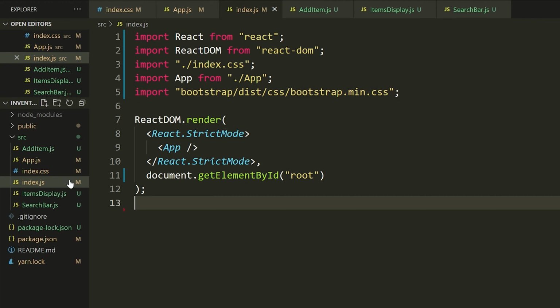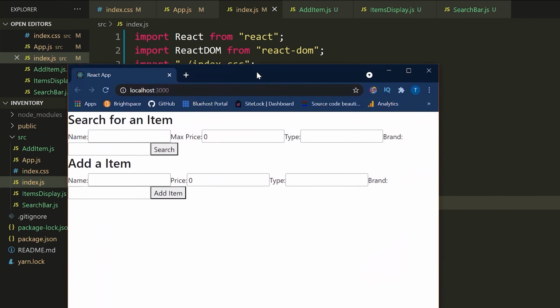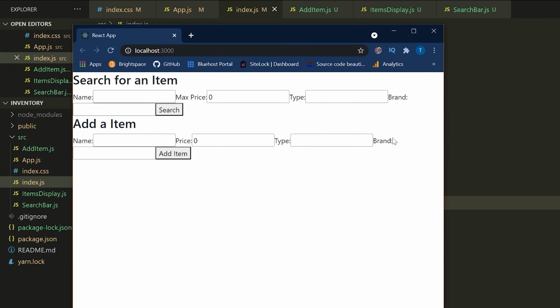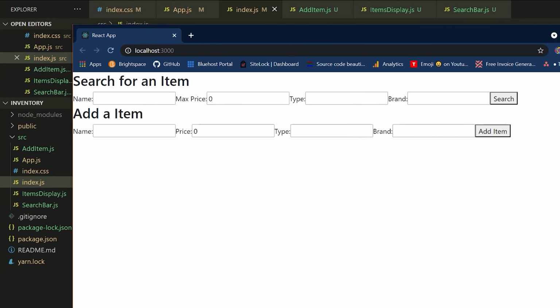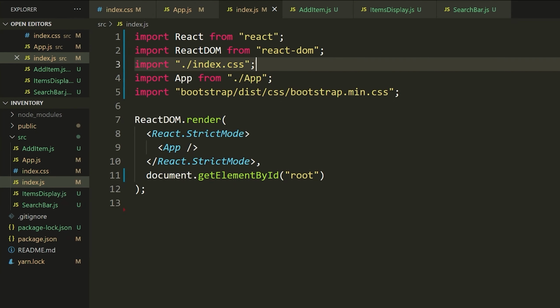with Bootstrap. Now, again, I'm going to recommend that you look at the Bootstrap website for the Bootstrap documentation. I will briefly discuss the different styles and classes that I'm using, but this will be a lot easier for you to understand if you are familiar with Bootstrap. Okay, so for now, you can see that this is what our website looks like. As soon as I import Bootstrap, you can see some things change here. It looks a little bit different, but at the end, this is going to look all nice. And yeah, we're just going to use a bunch of Bootstrap classes.